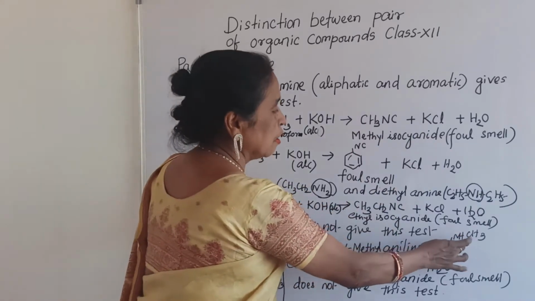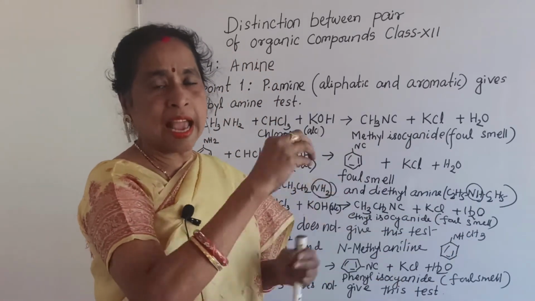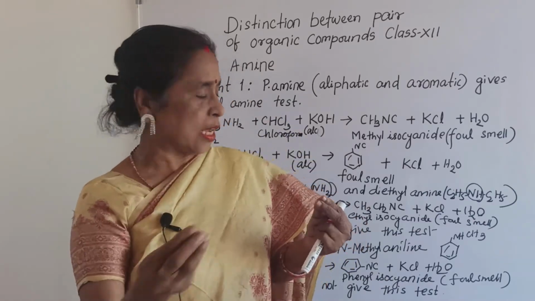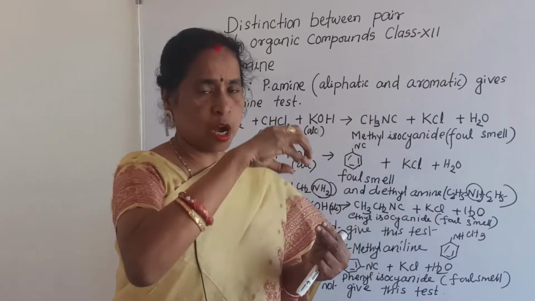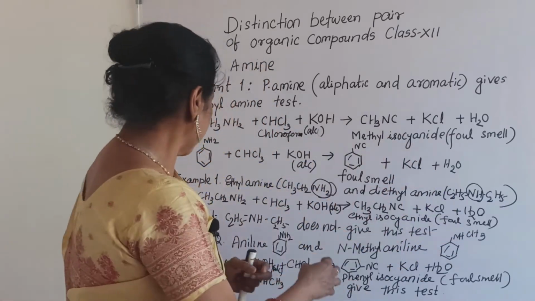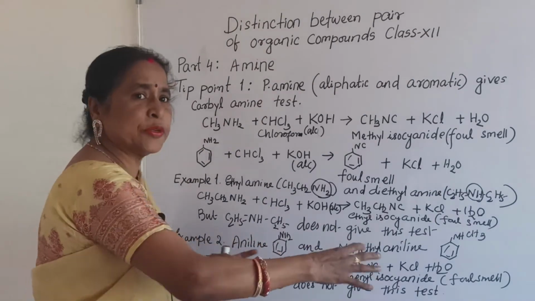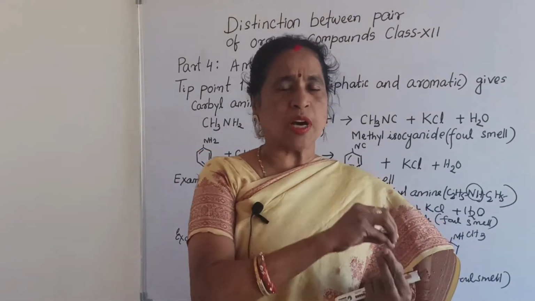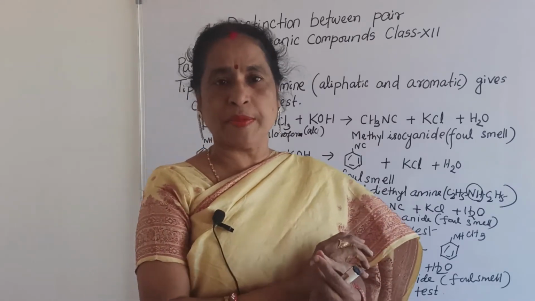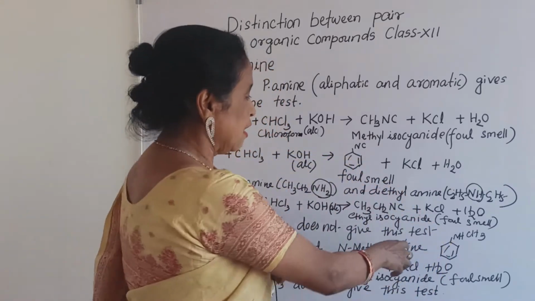So N-methyl aniline, with an N-CH3 group attached, so N-methyl, and the original base is aniline. Then how can you distinguish between the two? Here you can observe one is primary, the other is secondary. Which one is primary? Aniline is primary, and which is secondary? N-methyl